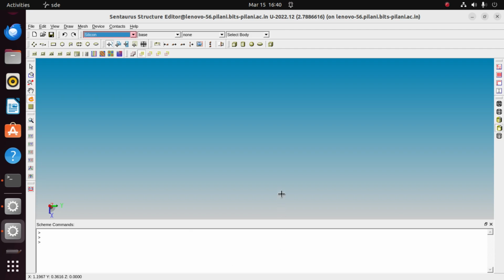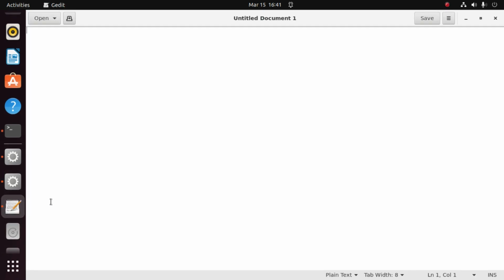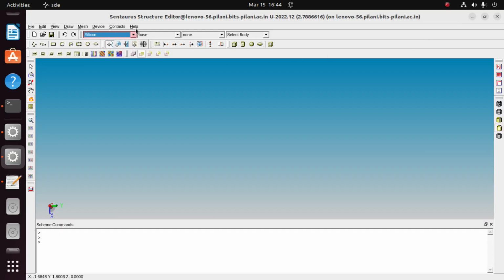So let's make a simple PN diode and try to copy these command lines into this gedit tool, right? This is the Sentaurus Structure Editor, where you can design your device structure. So let's see